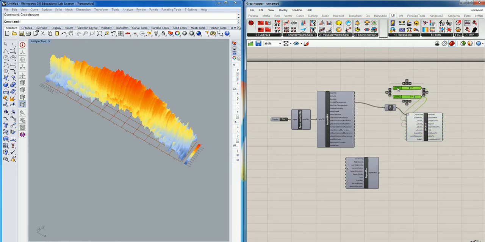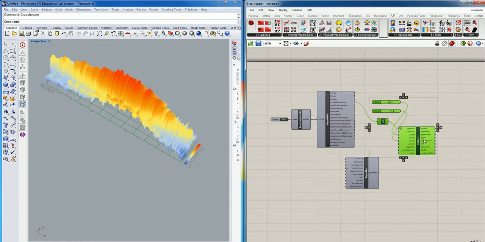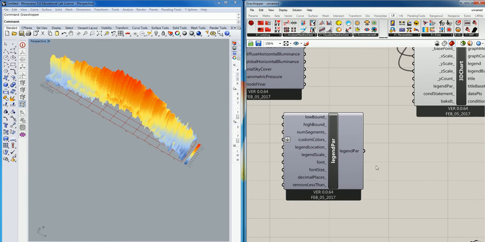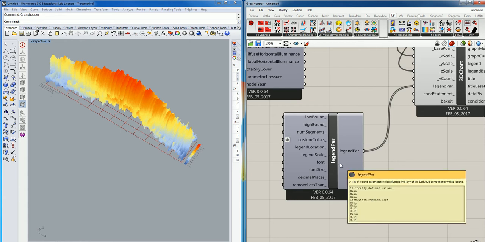So I'm making some adjustments to make it easier to use this stuff. All right. So here's the legend parameters, and if you look for an input, there's a legend parameter output and a legend parameter input. If you go ahead and click it in there, all of these are set to the standard default scale. One of the things that I'll warn you about this is that we don't know what units